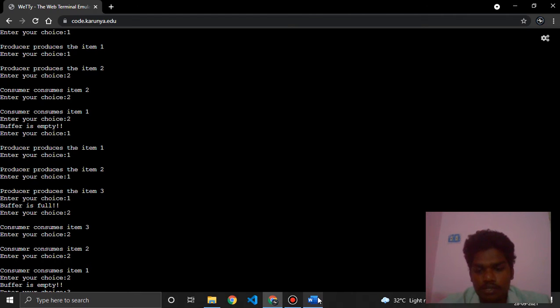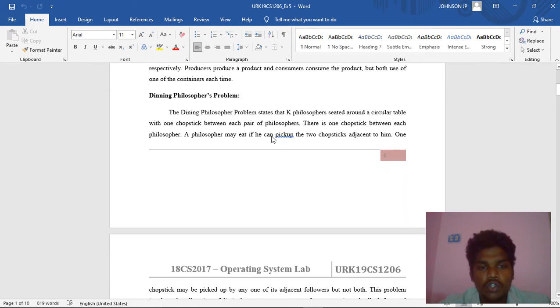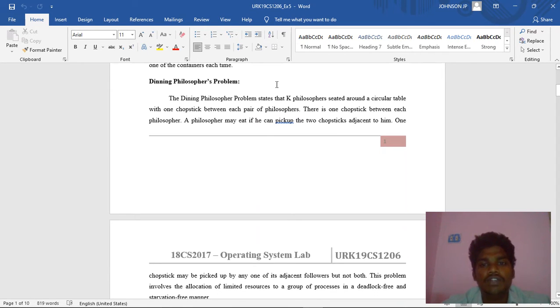The second one is the dining philosopher problem, which has K philosophers seated around a circular table, with one chopstick between each pair of philosophers.